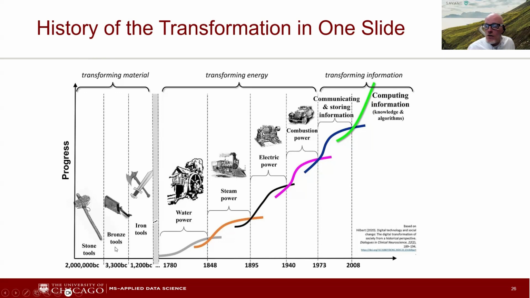Okay, we had the Stone Age 2 million years ago. It led to the Bronze Age 3,000 millennium ago, 300 millennium ago, 3,000 years ago, or no, my math's wrong, 5,000 years ago. We had the Iron Age, 30 some 100 years ago. And then nothing really happened. I mean, there's some things that happened. You can give credit to the Persians in early civilization for coming up with algebra.